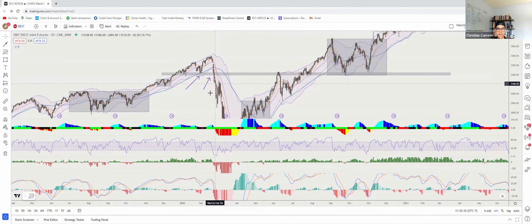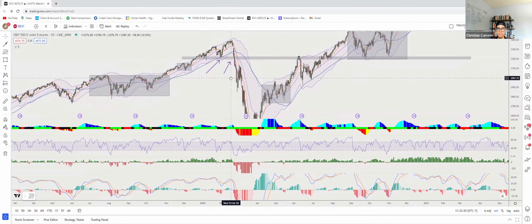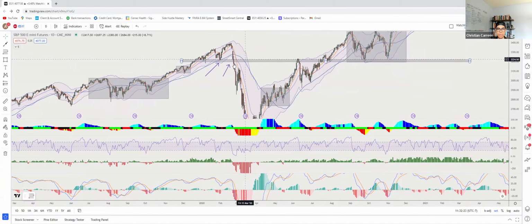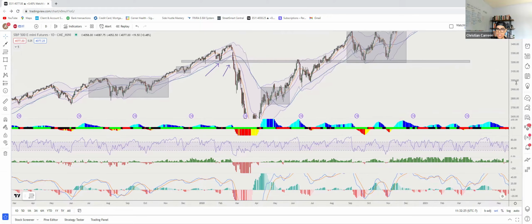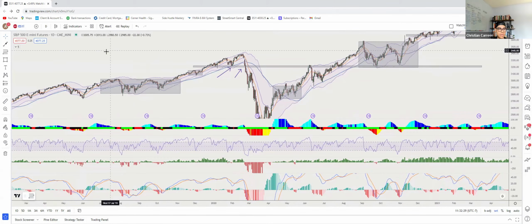I'm not looking to see how far it drops. That's not my mission objective. If it breaks the zone like this, I'm moving to cash. I'll let the market figure out what it wants to do, and then I'll wait for a box again. So eventually,